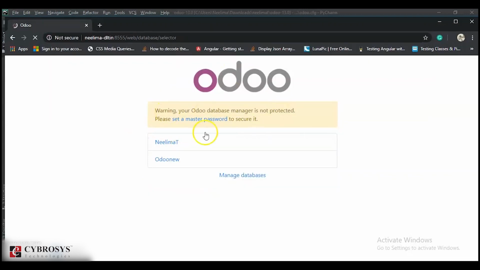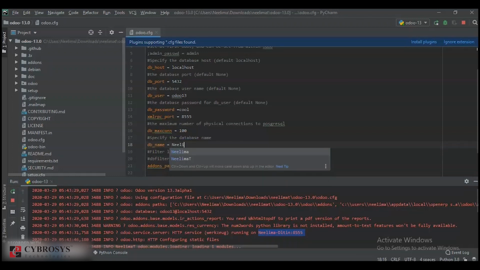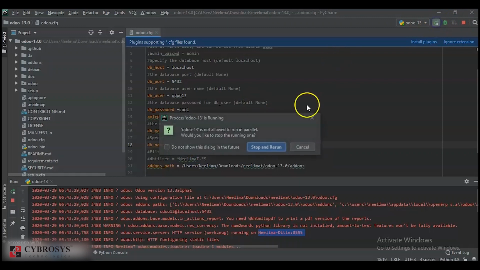Okay. So these are the databases. Now I'm just editing this DB name by giving some name. I'm giving specifically some database name, and I am restarting the service.